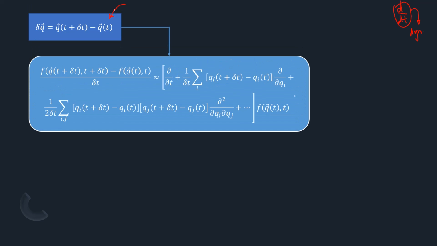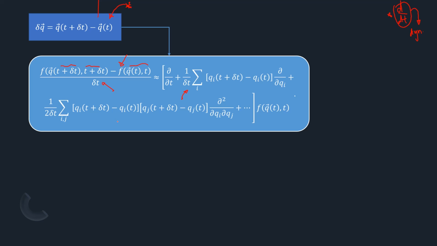And doing that, we can now express the change of any quantity f. We call f any function of the position, which is the usual way. We apply f to the position displaced in time minus f and divide it by time. We know that this will give some approximation to the time derivative operation. So we express this by making this summation. This is of course the development in series of these terms delta q, which are here already presented, and